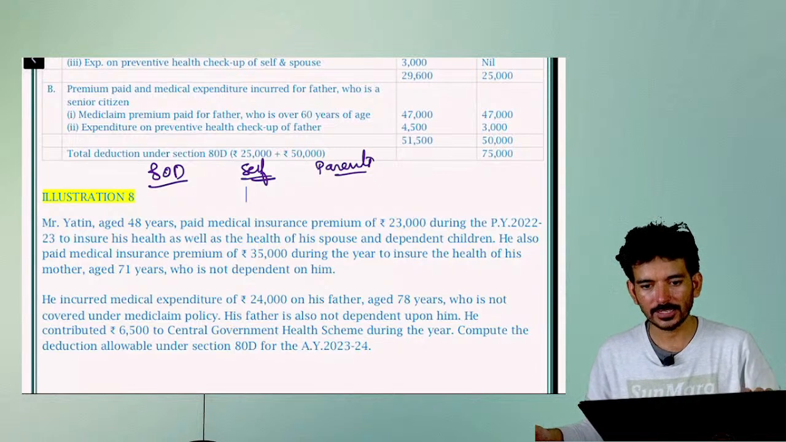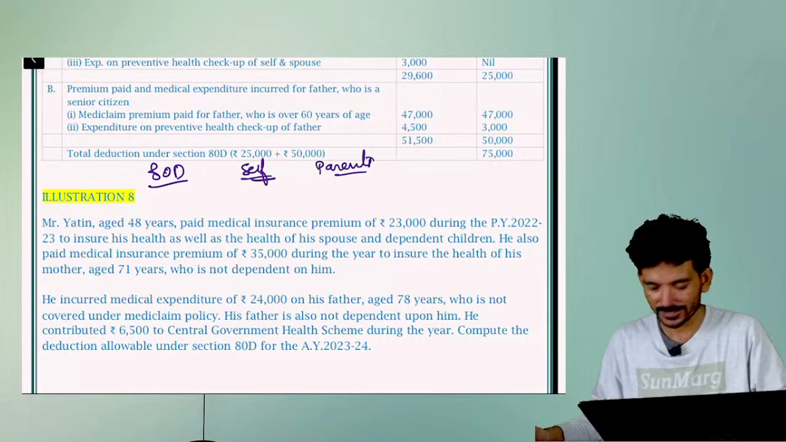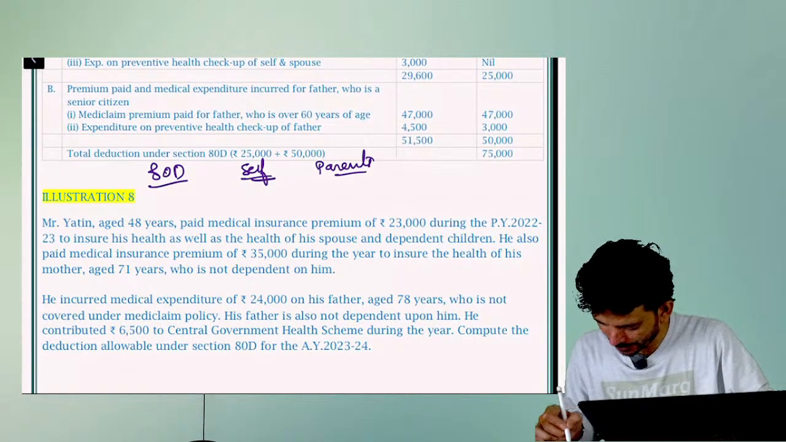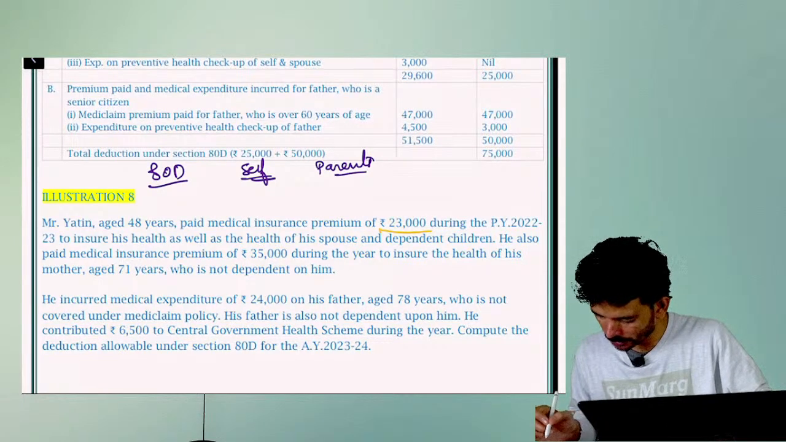See, we got a contrary answer from Sai Kiran. Why 23 for self, Sai Kiran? 23 he paid for himself and his spouse, and he also paid